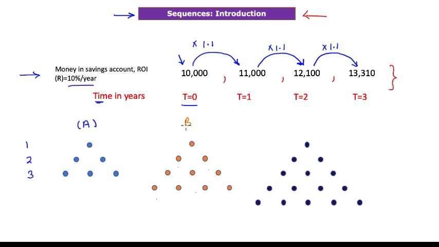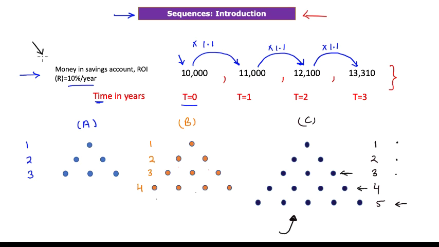Now, when I look at my second diagram, we have exactly the same pattern. We have 1, we have 2, we have 3 dots, and then we have 4 dots. And likewise, when you look at diagram C, you will see that I can still predict the same relation: 1, 2, 3 dots, 4 dots, and 5 dots. So how do you see this is related to the example of a sequence? The example we can say is that we can create a triangle by dots, right? But every time you increase a row in this triangle, you have to increase the number of dots by 1,